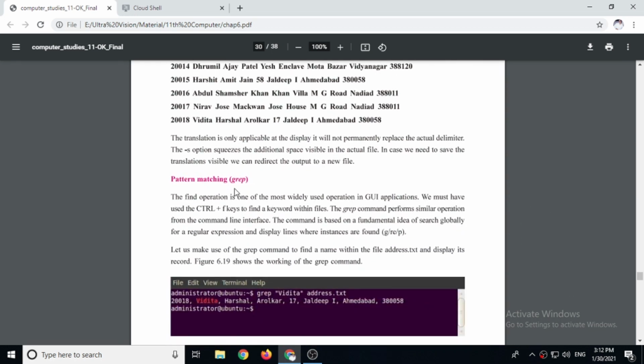So now the next command is the grep command. You might have used shortcut keys like Ctrl+F in Microsoft Word or Excel programs. Suppose you have written data in Microsoft Word, and now if you want to find a particular word, you can press Ctrl+F.